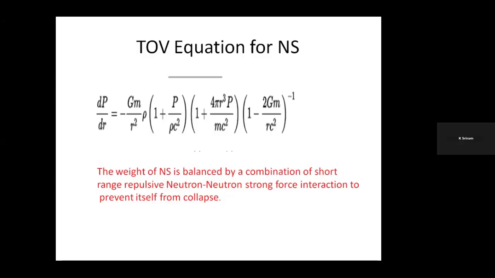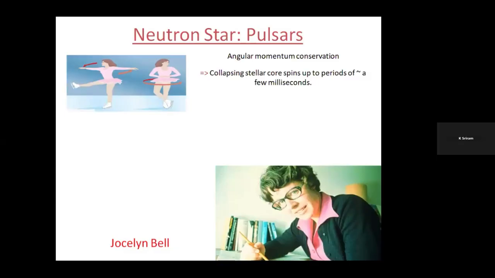This is basically the equation related to neutron stars. TOV stands for Tolman, Oppenheimer, and Volkoff. I hope you have seen the movie Oppenheimer that came last year. He was the Manhattan Project director, but he also found this equation of state of neutron stars, and he proved that the maximum mass of a neutron star cannot be more than 3 solar masses. Otherwise, it will eventually become a black hole. So this is one of the interesting studies. Now I will skip this.